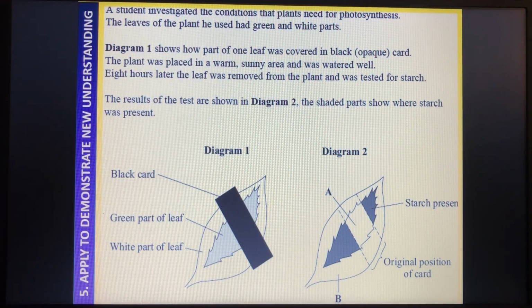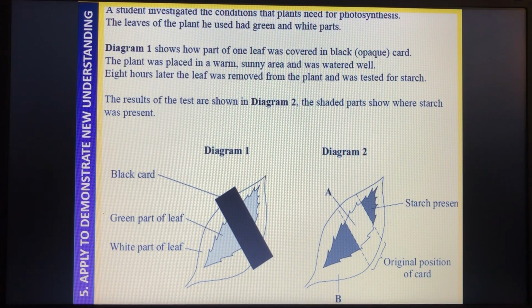Okay, we're going to look at one exam question, and then we're at the end of the lesson. A student investigated the conditions that plants need for photosynthesis. The leaves of the plant he used had green and white parts, so it's a variegated leaf. Diagram 1 shows how part of one leaf was covered in black, opaque card. The plant was placed in a warm, sunny area and was watered well. 8 hours later, the leaf was removed from the plant and was tested for starch. The results of the test are shown in diagram 2. The shaded parts show